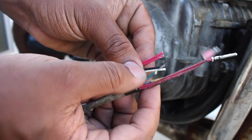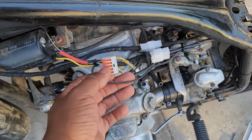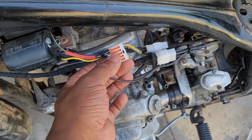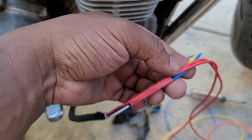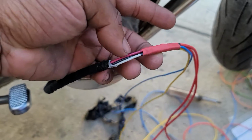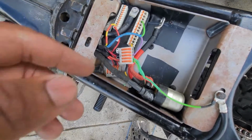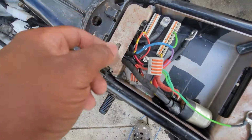heat shrink to denote which coil each wire goes to, instead of just using blue and yellow wires. This told me that the white was blue and the yellow was black for those little coil bullets that I mentioned earlier. The two reds just need 12 volt power from somewhere, anyway. And that's going to be the black and white wire connection. Yellow and red equals start input, green equals ignition out, purple equals ground, and that red and black is just